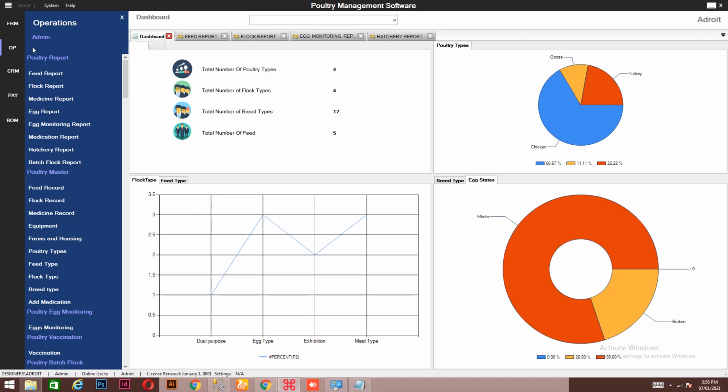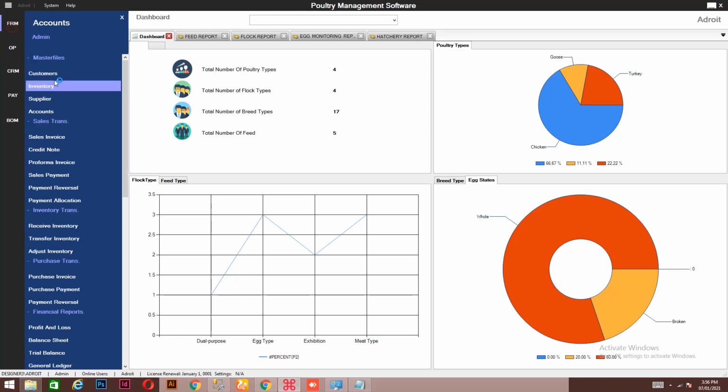So there are 5 features that this system can help to manage the poultry. On my left side we have the financial resource module. That one deals with the accounting aspect of the business. It will handle your accounting part of the business, that's the profit and loss, your trial balance, to know the cash in and the cash out, the cash inflows, and you can have the sales